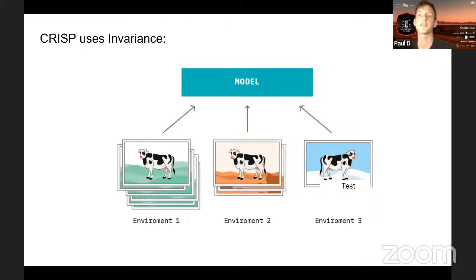So here you might take pictures of cows on the grassy environment and put those into your model, and take pictures of cows on a desert background, and you'd be much more likely to identify the actual important pixels in this problem. So then when you're provided with a cow in a snowy background, you're more likely to be able to predict that in that challenging out-of-distribution test set. Next slide, please.